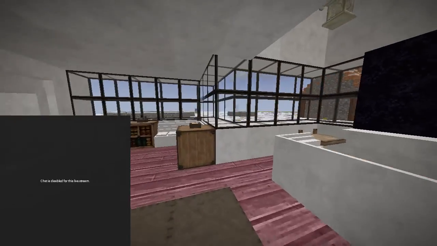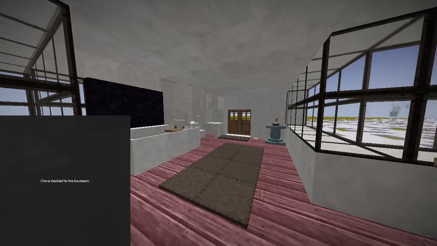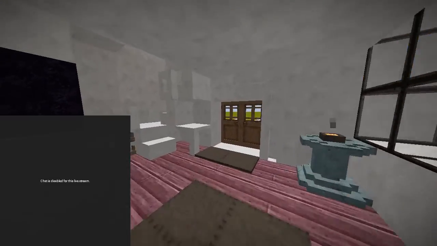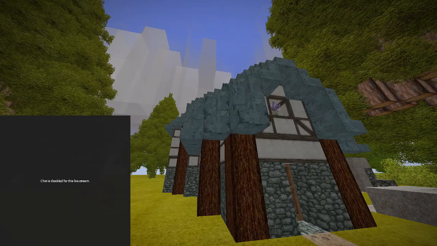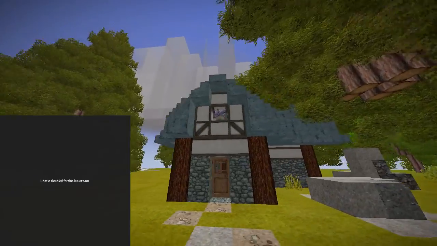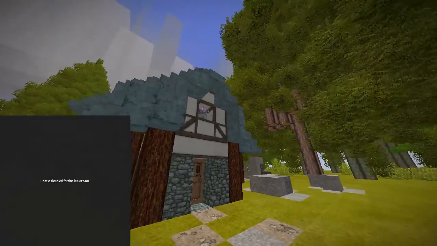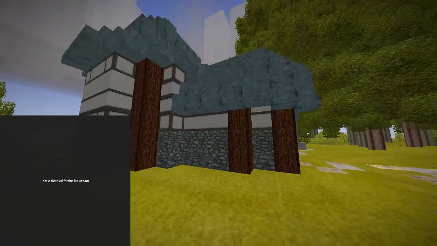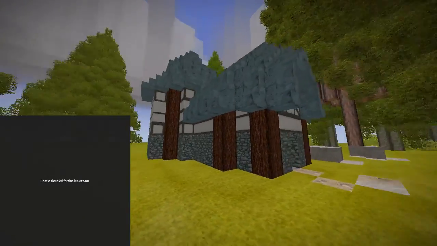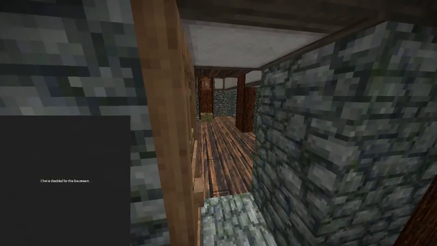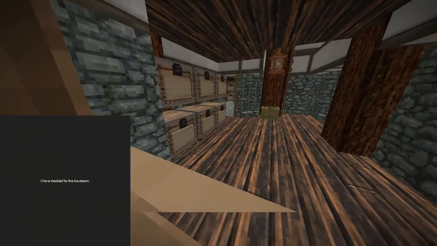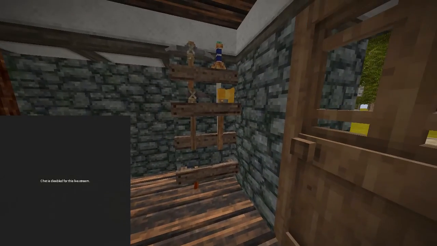This is a completely different feel, right? So if we look at this and then we compare it to the interior on this build. This is my first build that I ever did on this specific creative world, which I haven't had for long. And then if I come inside and I get out of the door, you can see that,